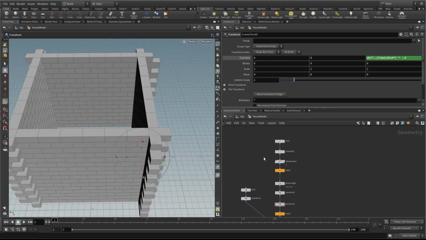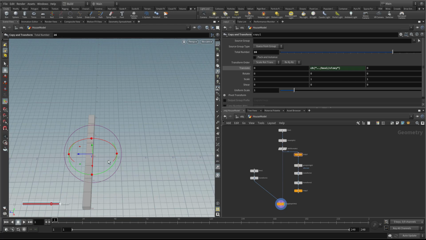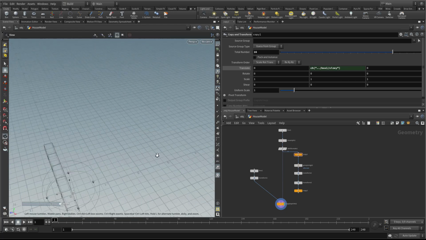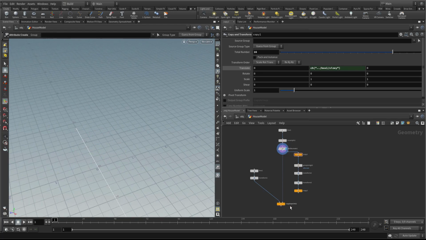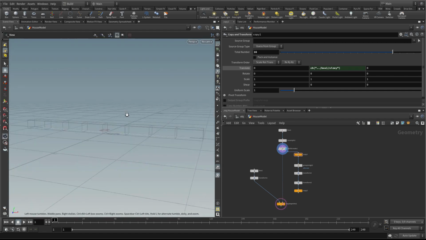The reason it needs to come out a little bit further is if I just plug in, let's just move these guys over. If I just plug in the resample on its own, or rather the normal on its own into the copy to points, let's just turn on the curve and template the points. What you'll see is actually we're